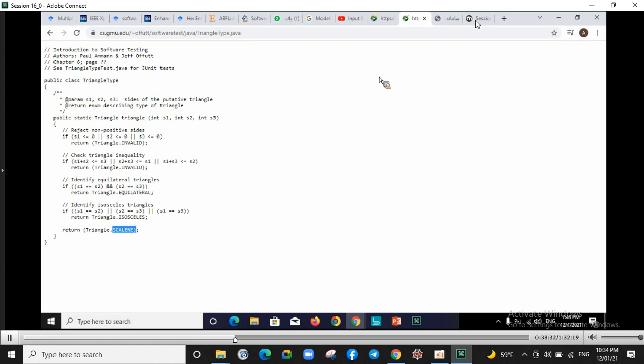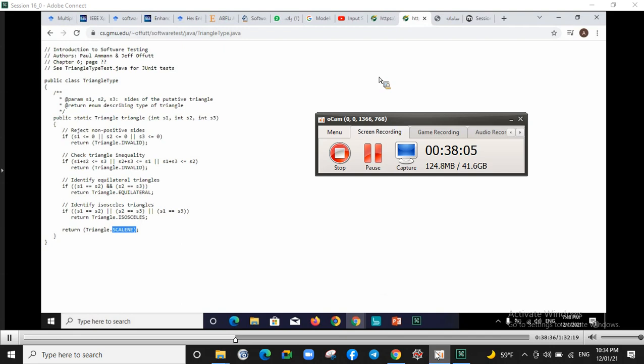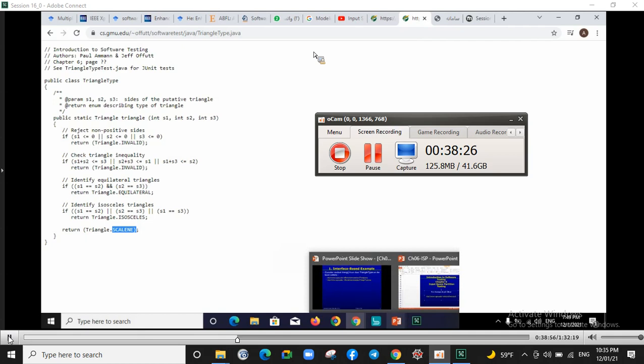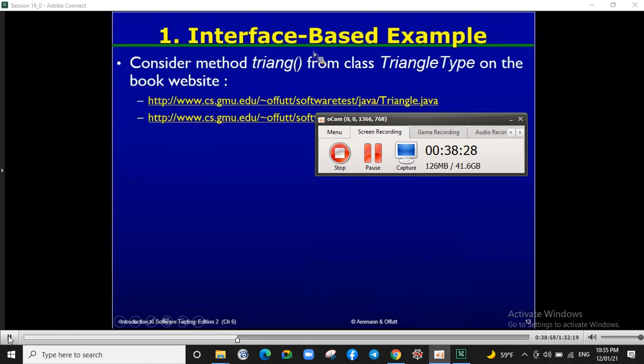Okay, this is a program for detecting the type of triangle, and we consider this as our example to design or to model our input domain by the two approaches: interface